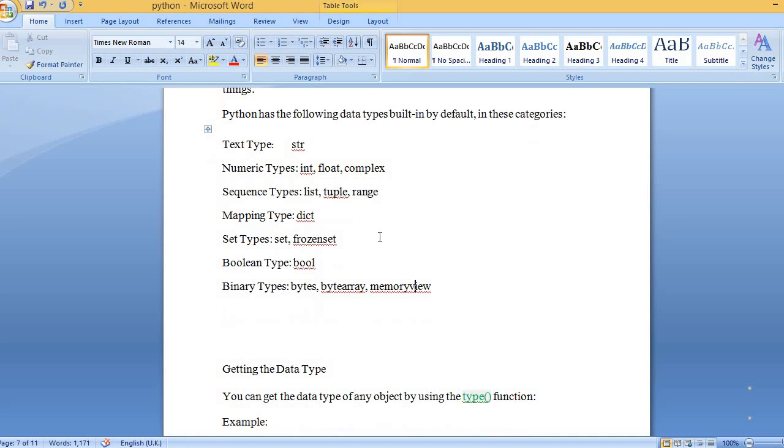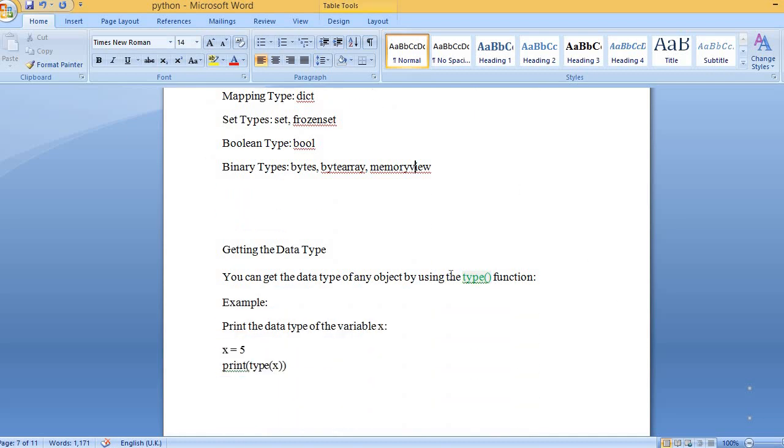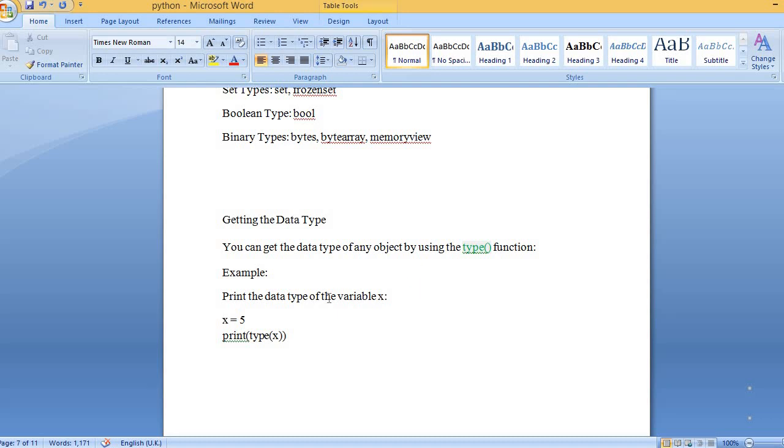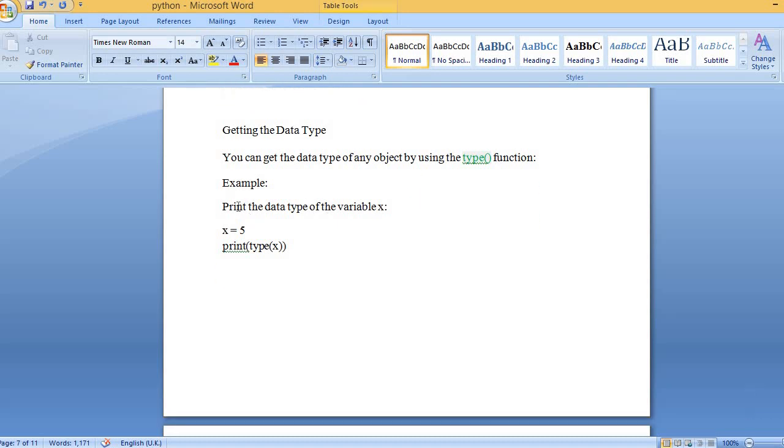So we will see one by one how you get the data type and how you are going to use that data type. For example, I have given a simple program. If you want to know which data type you are using, how will you know? I will first initialize a variable with some value. Here I have initialized x equal to 5.